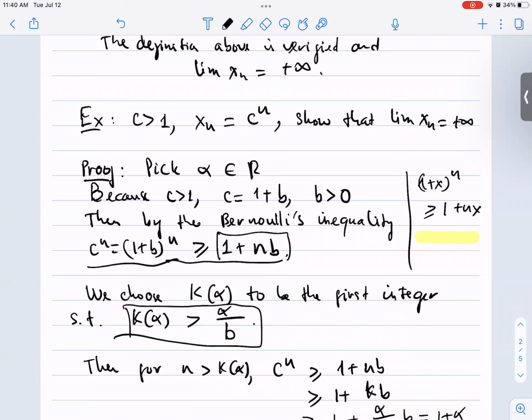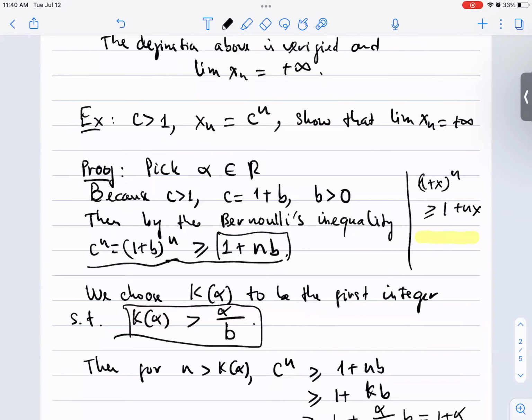However, the new element here is that the algebraic inequality is going to come from a well-known inequality called the Bernoulli inequality. This is one of the inequalities that is mentioned at the end of chapter 1. It is going to allow us to compare the power